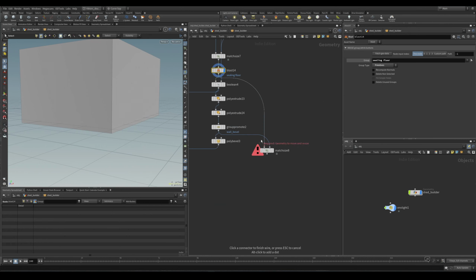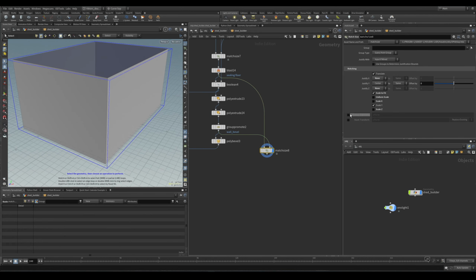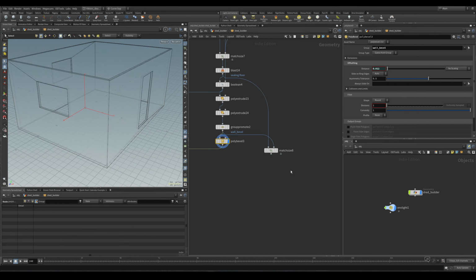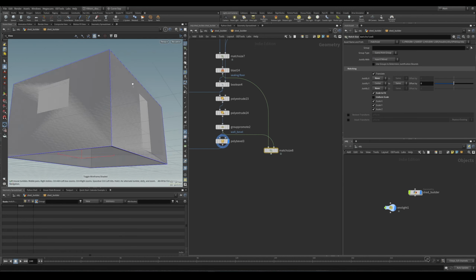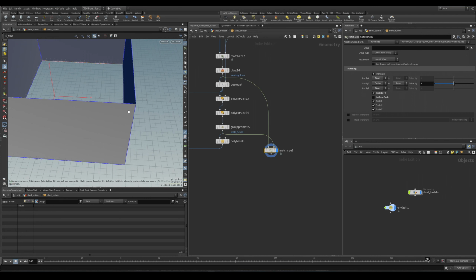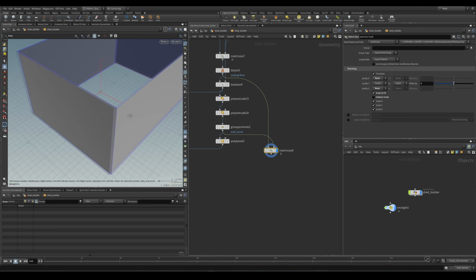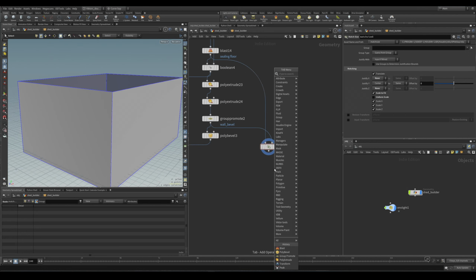And let's go ahead and take our blasted walls to a match size like that. And let's use our match size. Basically, let's just scale to fit, and make sure to scale on X, Y, and Z axis, and justify by Y like that. And this should basically give it the same geometry, only it has no thickness, and we will be able to get our trims. So put down the bevel node,